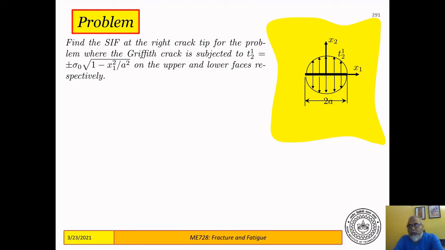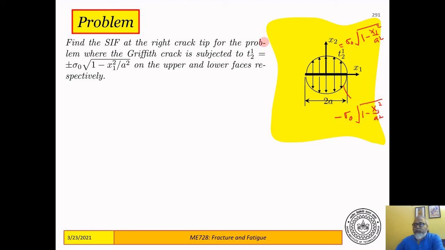So let's work out a problem using this principle. We have this Griffith crack of length 2a from x1 equal to minus a to plus a. But unlike a Griffith crack, this is subjected to a traction which is of this form. On the top, this is equal to sigma naught root over 1 minus x1 square by a square, and on the bottom it is sigma naught root over